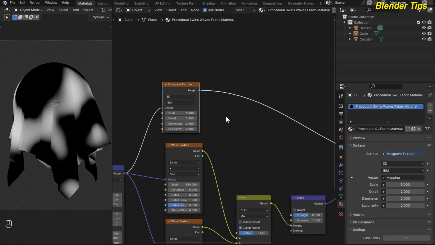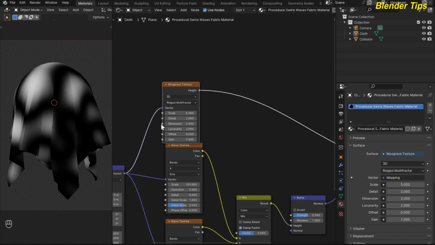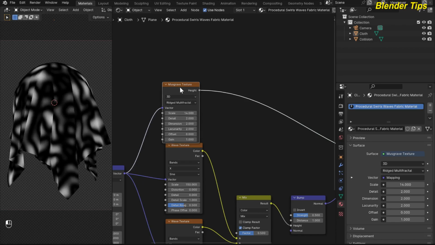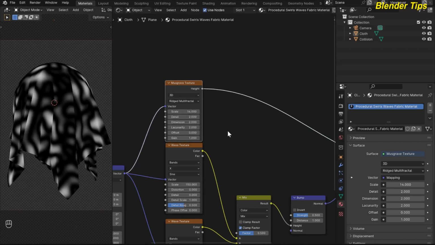and here I adjust some values of this Musgrave texture, and here I change this type into the ridged multifractal, and here I increase the scale up to 14, place it something like here, and here I decrease the detail to 0,